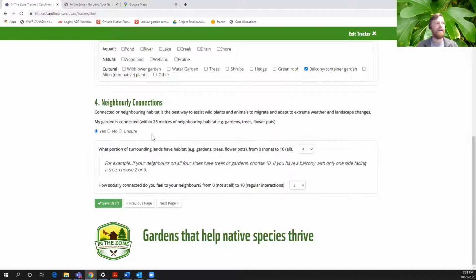And in particular, this is not a hard and fast thing. We haven't actually told you how far out you need to go. Is it a 100-meter buffer around your property, or is it a 10-meter buffer? We didn't really say that. So it's just a think-about-it kind of idea. But also what I want you to think about is, are you connected to other Project Swallowtail gardens or areas? And how many of those, at what proportion, etc.